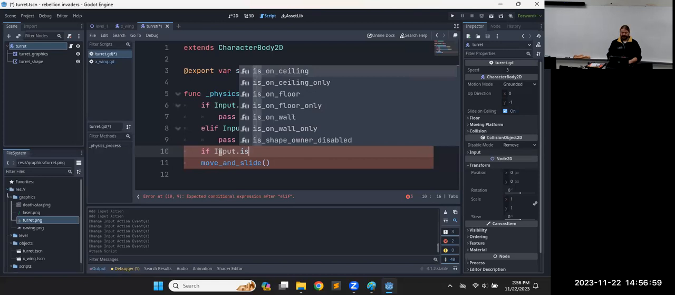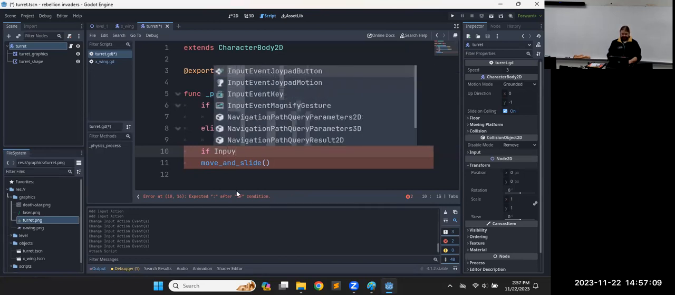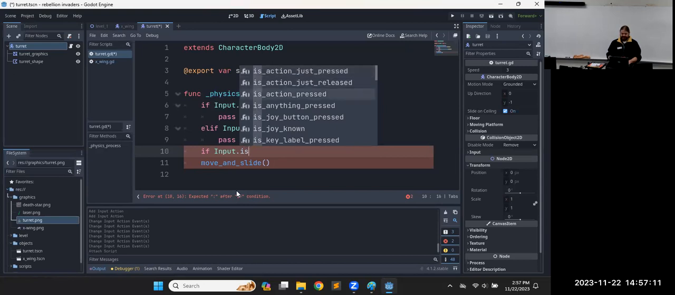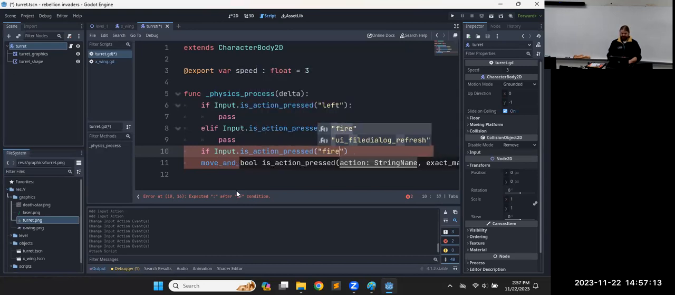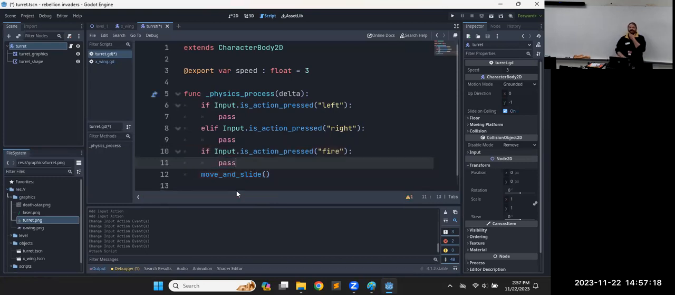input dot is action, did I spell input wrong? Yep. Input dot is action pressed, and then check that fire control we just mapped, whether it's an Xbox, PlayStation, keyboard, whatever control we just mapped to it. Does it need to be is action or actions? Is action pressed. There's also the option for just action press here. No, I'm sorry, I did